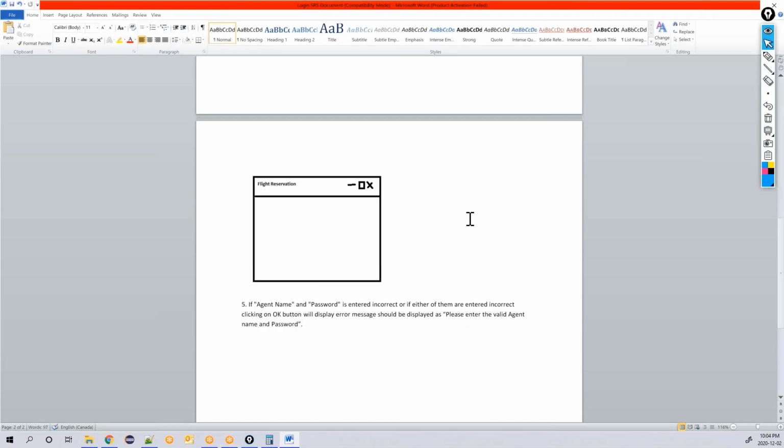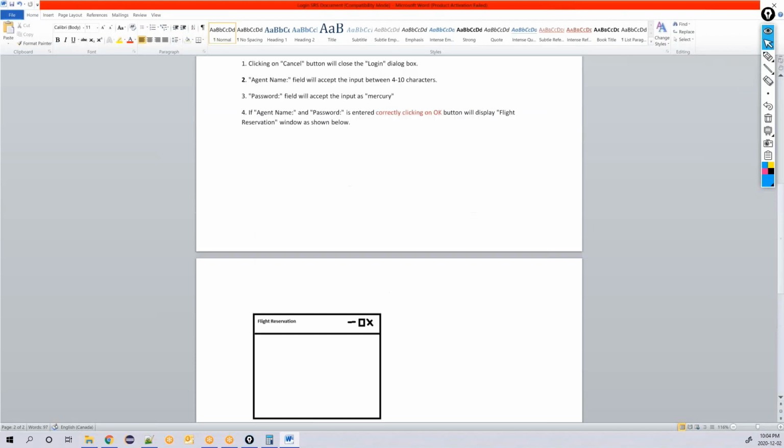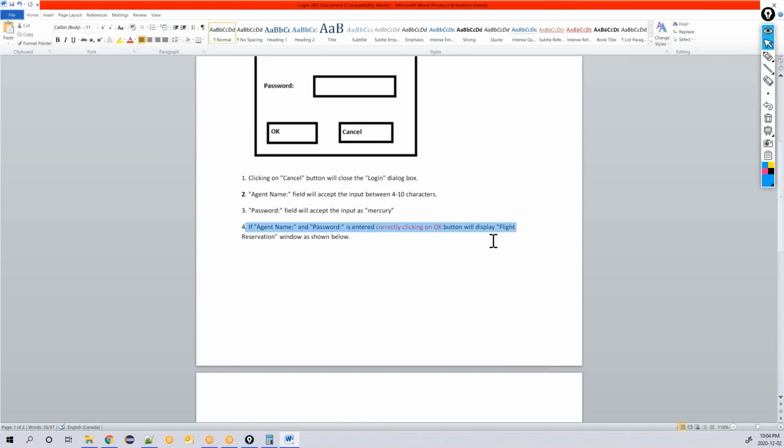Now I modified the requirement. But in real time, you will not modify any requirement.